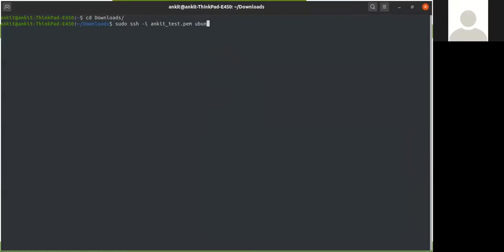Since I'm running the Ubuntu operating system, I need to pass Ubuntu at my public IP address with the instance name, and this is my PEM file. This PEM file contains the RSA crypto key through which I can connect to AWS. It is a very secure key. It is secured by SHA-1.